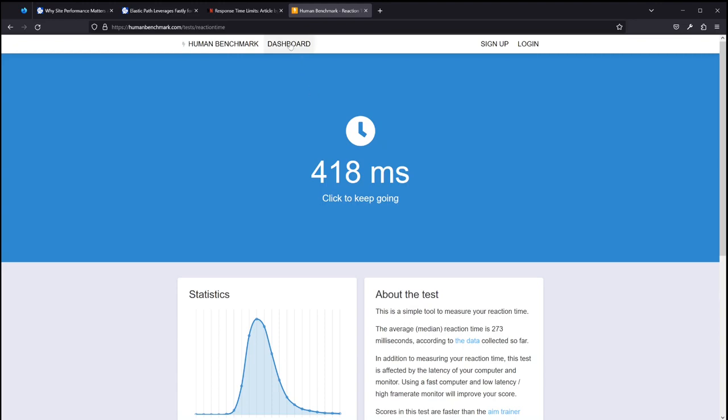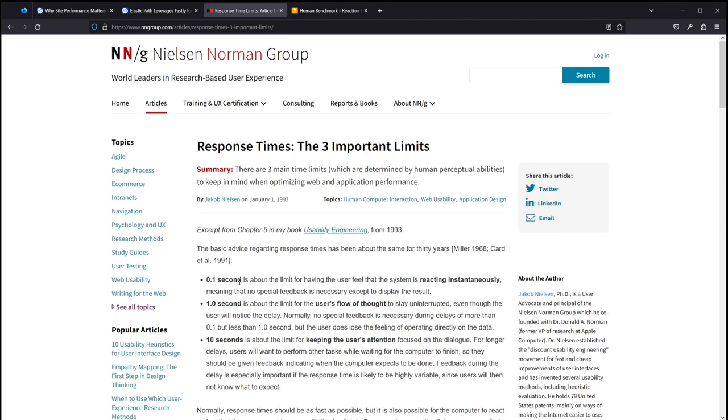So now you know when it comes to response time, you have these 3 benchmarks to look at: 100 milliseconds, 1 second, and 10 seconds. But of course, remember that it is a curve, and these are benchmarks. These are good numbers to keep in mind, but they're not the end all be all. They're just ranges for when you should start thinking about your UI and how it's responding and how you're communicating